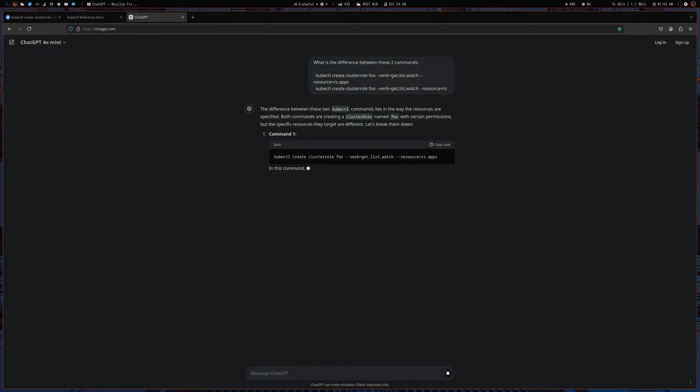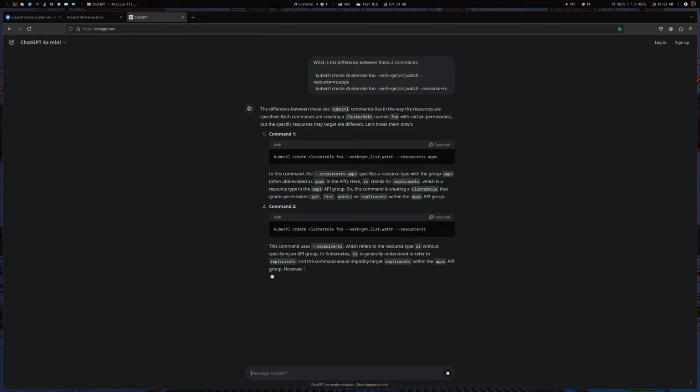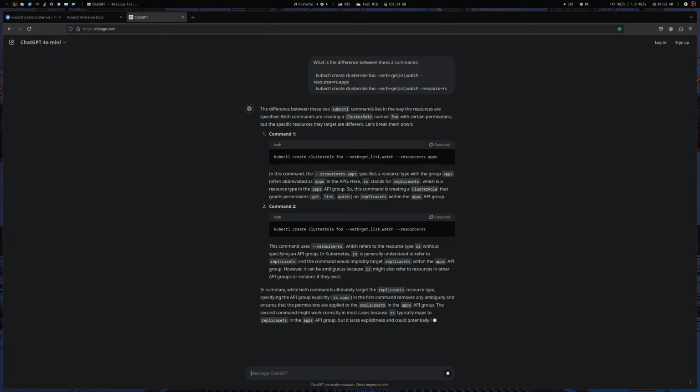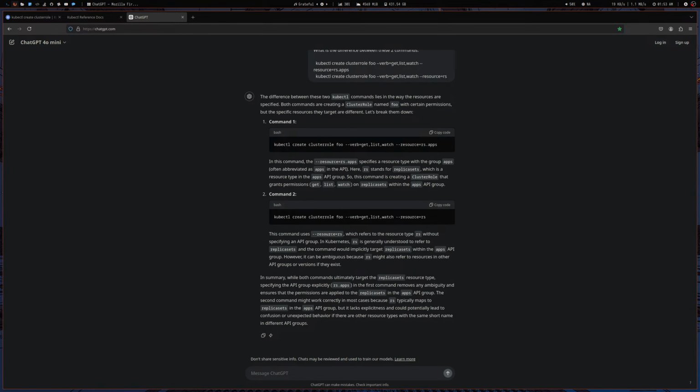The difference between the two commands lies in the way the resources are specified. Both commands are creating a cluster role named foo, but in summary, while both target the replica sets resource type, specifying